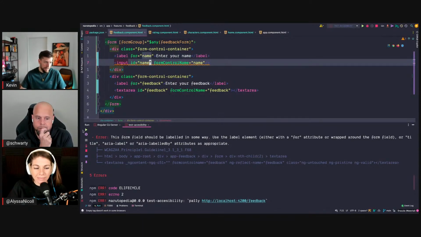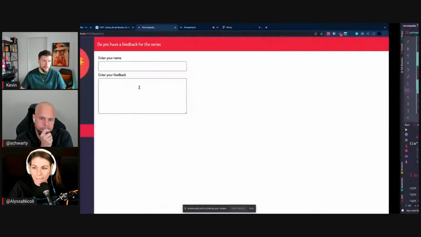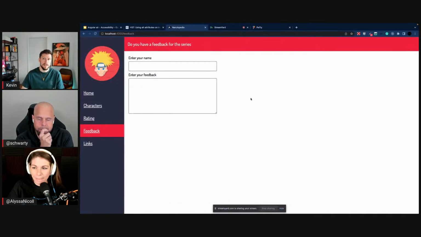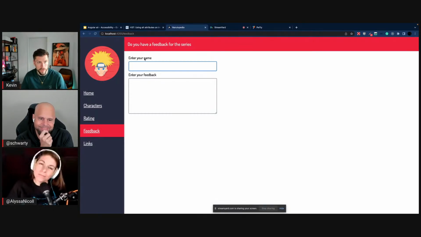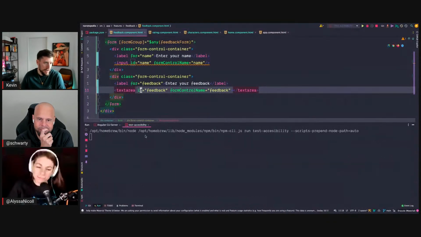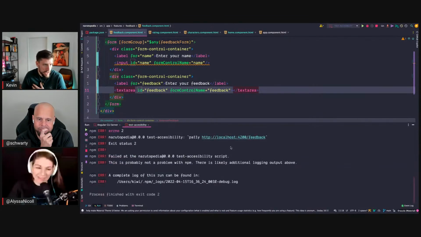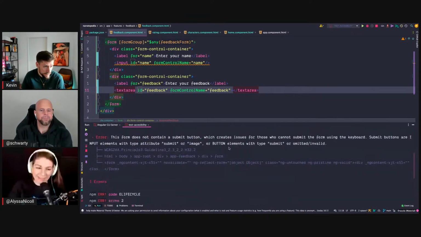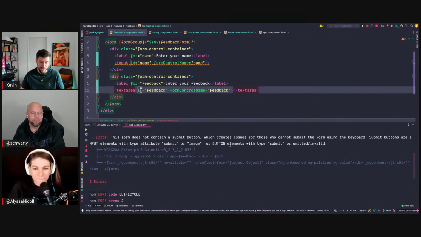And now, if we refresh the application first, there's a nice little trick to know if it's correctly labeled, and that's if you click on the label, it will focus the corresponding form control. The same here. So if you click here, it will then jump and focus the form control. And if you run the tests, we still have one issue. And that issue is not only for accessibility, but it's a general issue. Like, how do you want to submit this form?